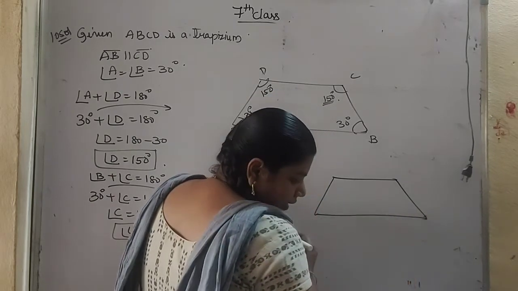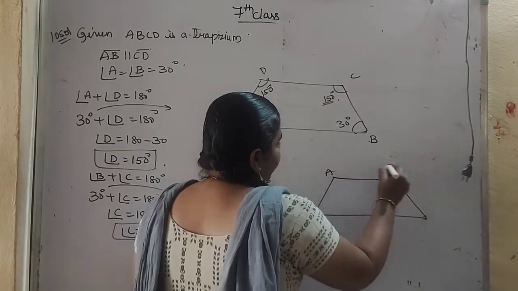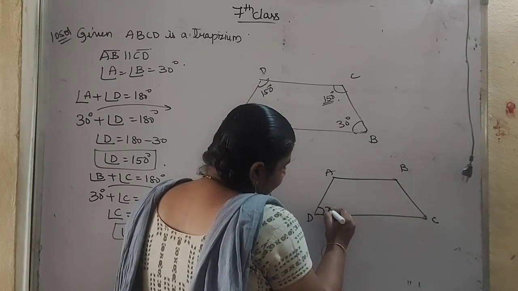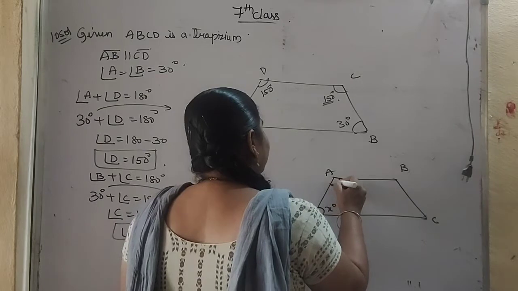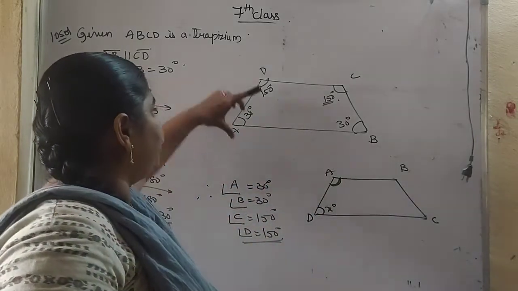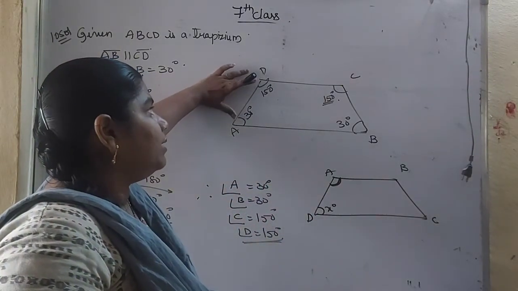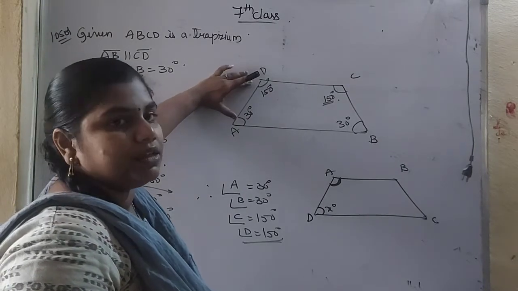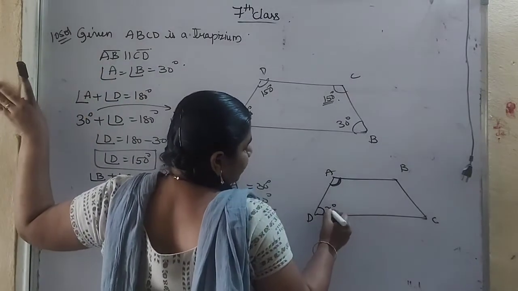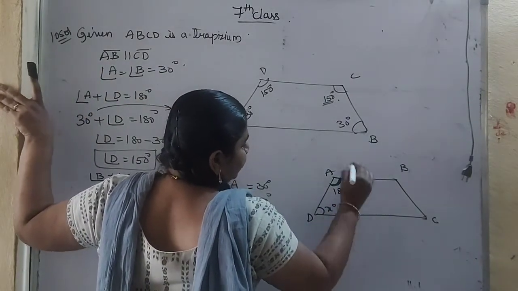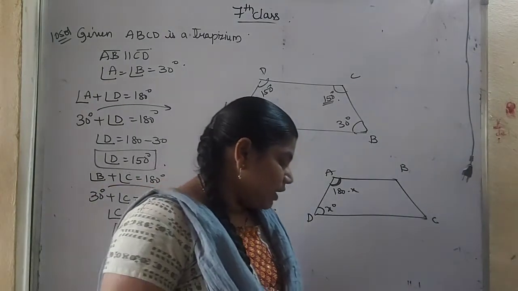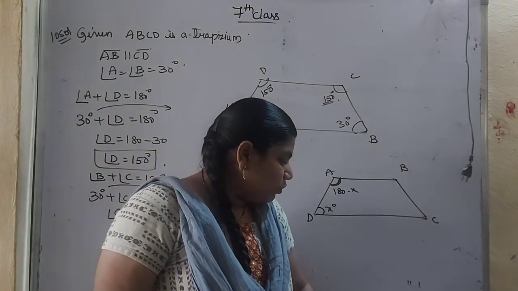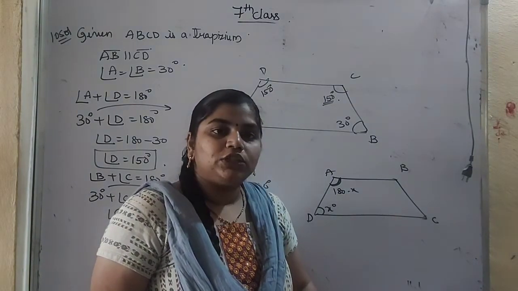So here angle D is X degrees, which they have given, so we have to find angle A. How do we find it? We find it by subtracting from 180, like we subtract this 30 from 180. In the same way we have to subtract this X from 180. So what is the third answer there? 180 minus X.